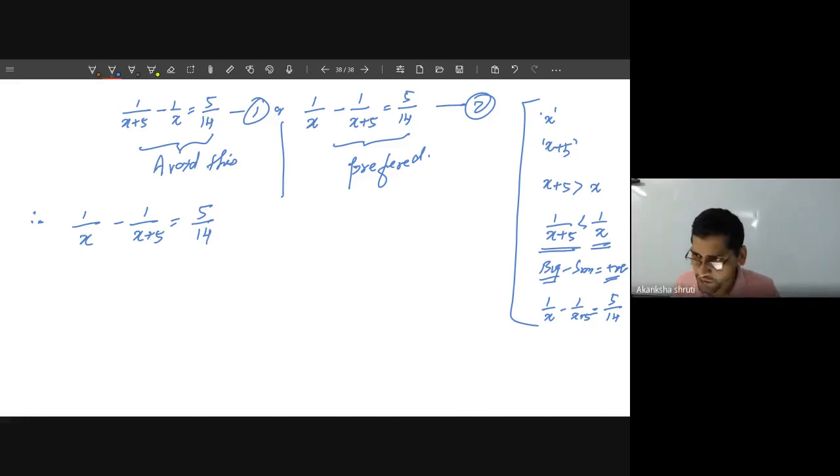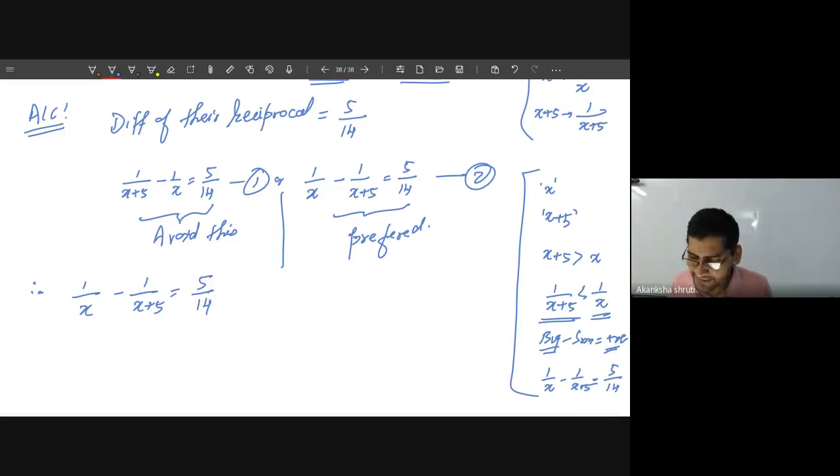हाँ स्टूडेंट, किसी को कोई डाउट हो तो दोबारा पूछ लीजिए. हमें ये देखना है डिफरेंस का मीनिंग है कि बड़ा नंबर माइनस छोटा नंबर. देखिए x and x plus 5 में हमने देखा कि x plus 5 बड़ा होता है x से, तो 1/(x plus 5) जो है छोटा हो जाए. क्यों? क्योंकि किसी भी फ्रैक्शन में डिनोमिनेटर जितना छोटा होगा वो नंबर उतना बड़ा होगा, और डिनोमिनेटर को यदि हम बढ़ाएं तो ओवरऑल फ्रैक्शन का वैल्यू कम होता है.